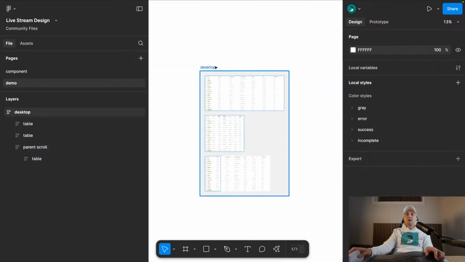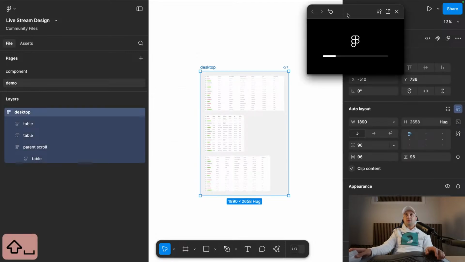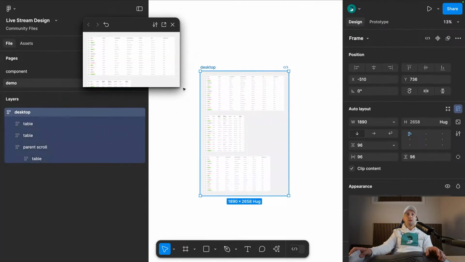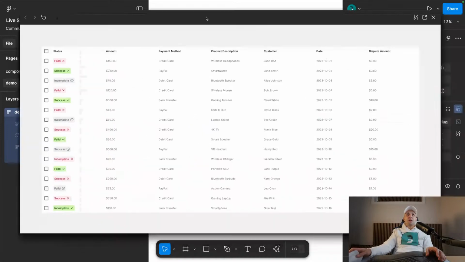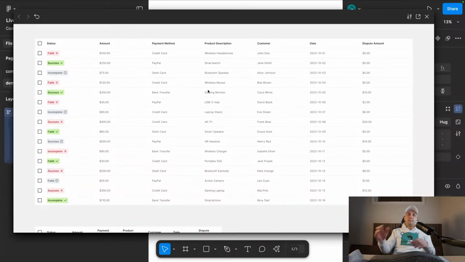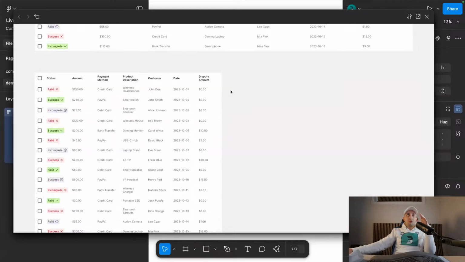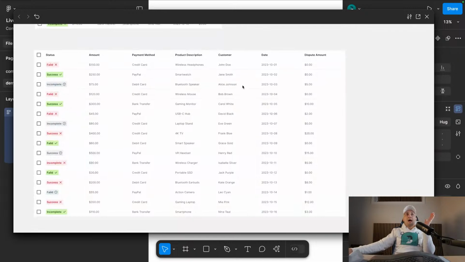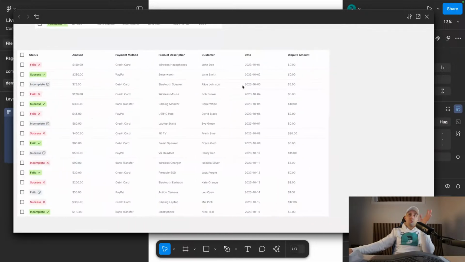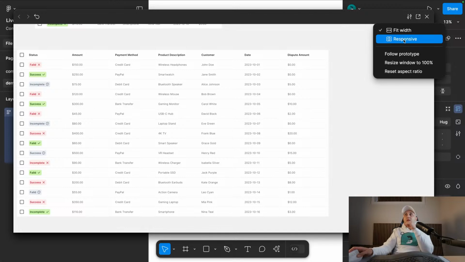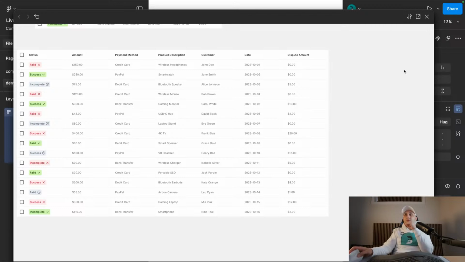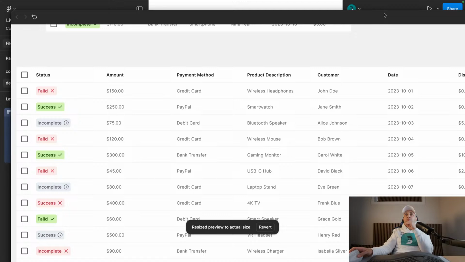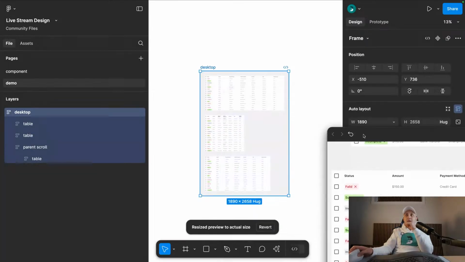So now if I do shift and space, create a prototype, you see this is our normal table. So I scroll. This is the breakpoint that it reaches. I scroll, and this is the scroll point. But I don't want this behavior. I want it to resize to 100%. There we go. I wanted this behavior